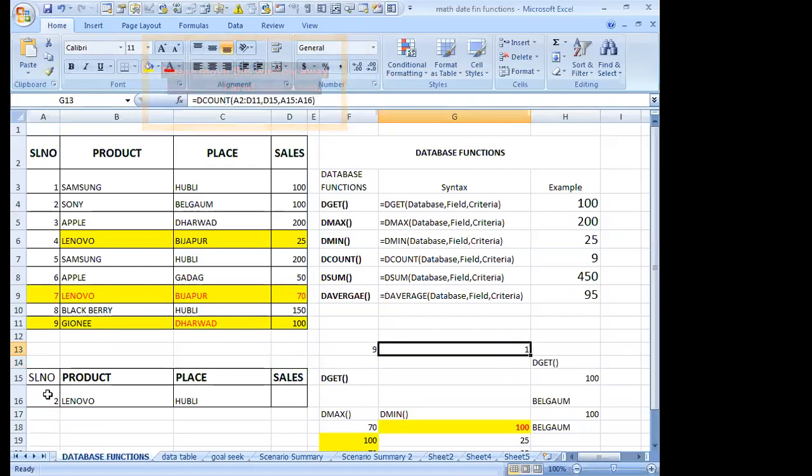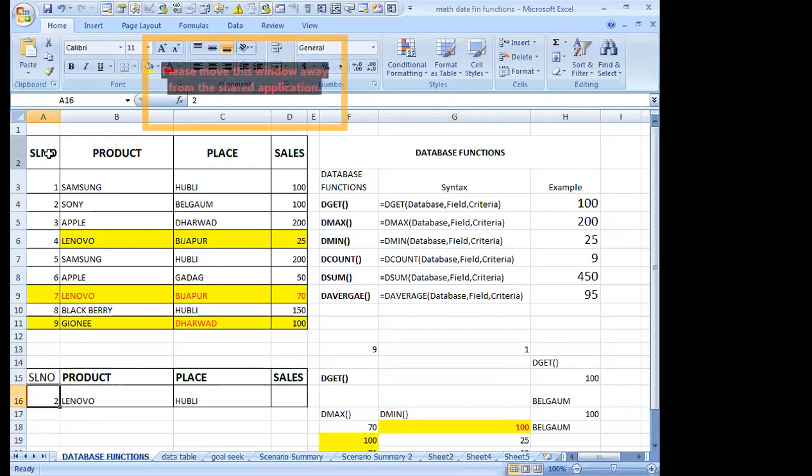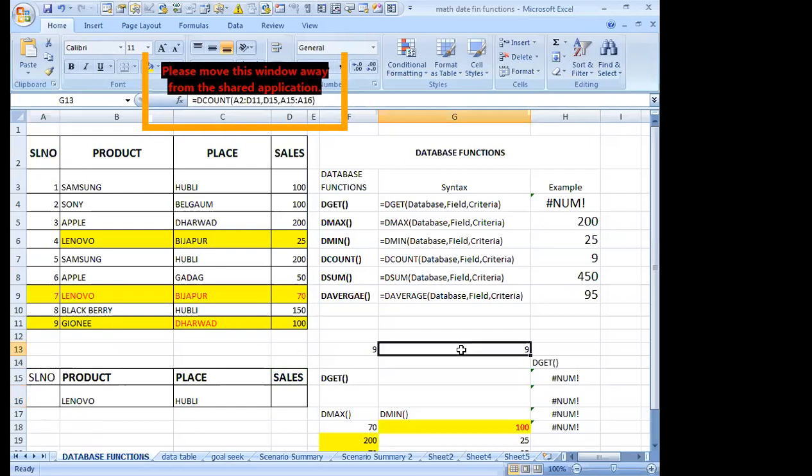Because in the criteria range what I selected, that 2 is there. So only one product has the serial number 2. If I'm removing that, automatically the answer displayed is 9.